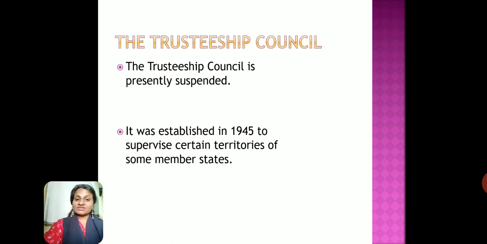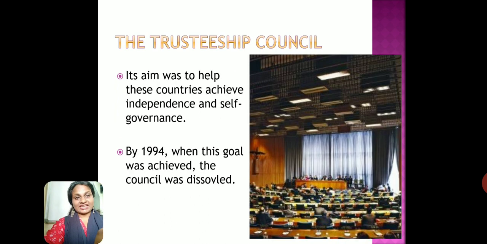And what were they supposed to do? They were supposed to take care of whether these member countries were doing anything harmful that would be a threat to the peace of the world. Alright, so these were the things that the Trusteeship Council was supposed to take care of. And the aim of the Trusteeship Council was to see that the countries were able to become self-dependent. They were independent and not dependent on any other countries for their needs. And they were able to govern themselves. That means that these member countries were able to take their policy decisions freely and without any interference from other